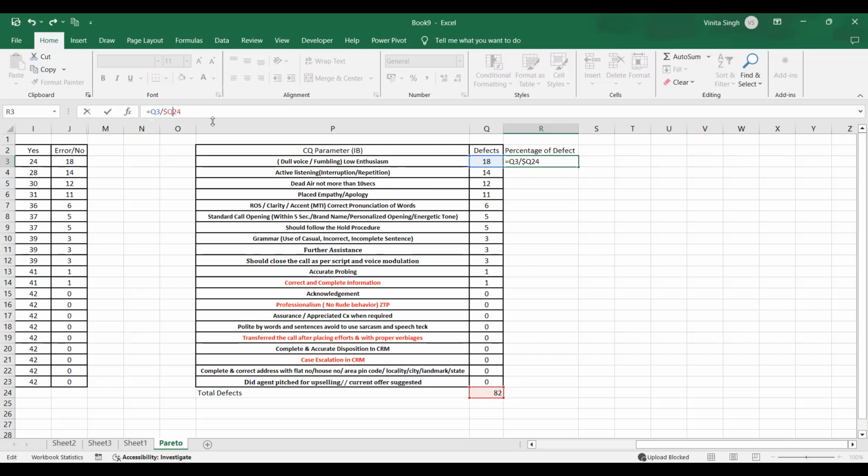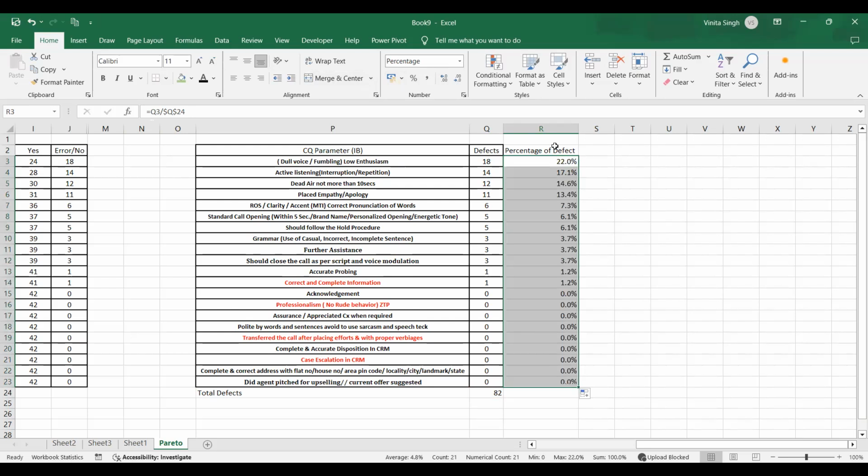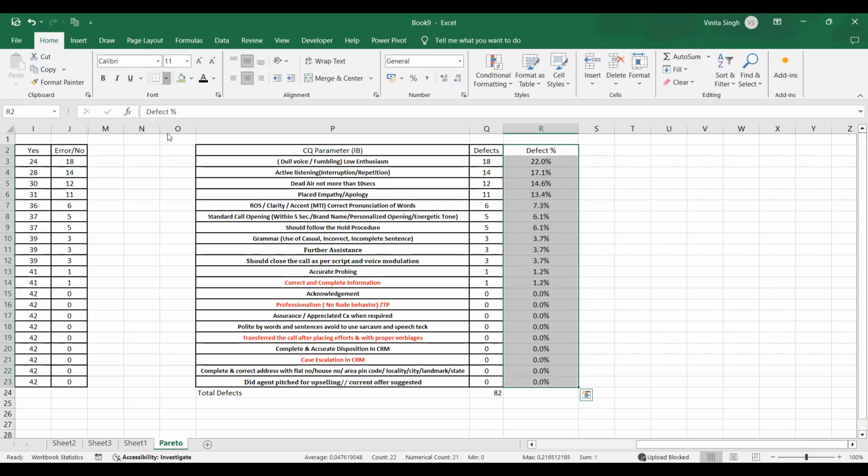Why will I block it with the dollar sign? If I do not block, what will happen? It will go to the next cell and there will be an error in the formula. So this is my percentage of defect, or we can say defect percentage. We can write that, right? This is the defect that we calculated